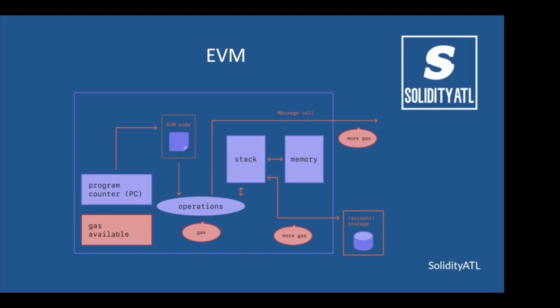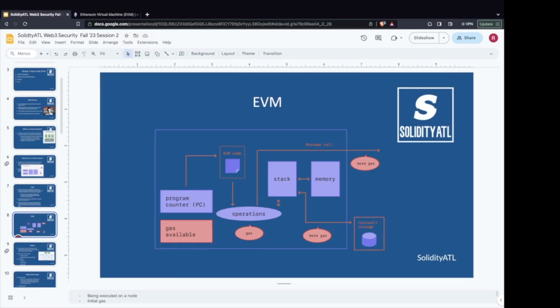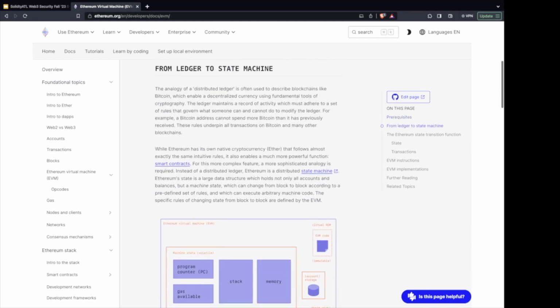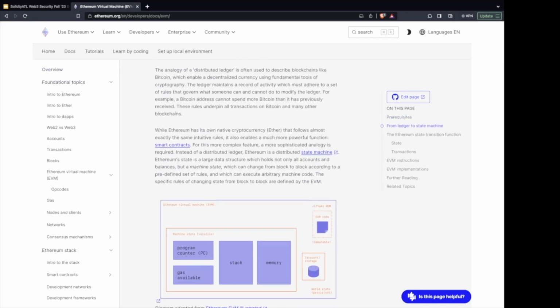Here's a slightly more detailed diagram of the Ethereum virtual machine, adding a bit more to what the previous image we showed was. Before going into more detail here, I do want to mention that these images are directly from the Ethereum documentation, most of the content in this session. You can find a lot more details about each topic here. So I encourage you to take some time to go through these documents if you have questions or want to better understand how things are working underneath.